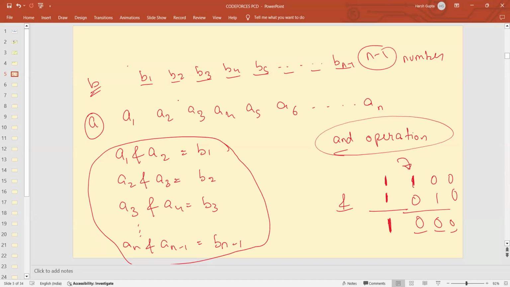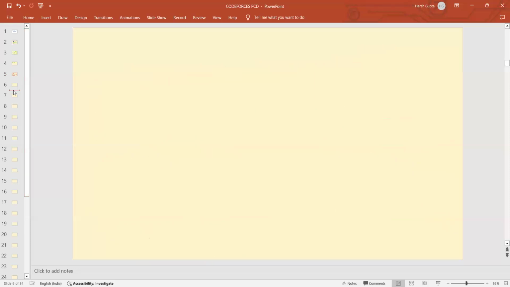If this thing is clear, now the question becomes very easy if you attempt the question in the way they have given you. Like they have given you A1 and A2 is B1, A2 and A3 is B2, A3 and A4 is B3. This is something given. Just do the same way. What do I mean by that? See,